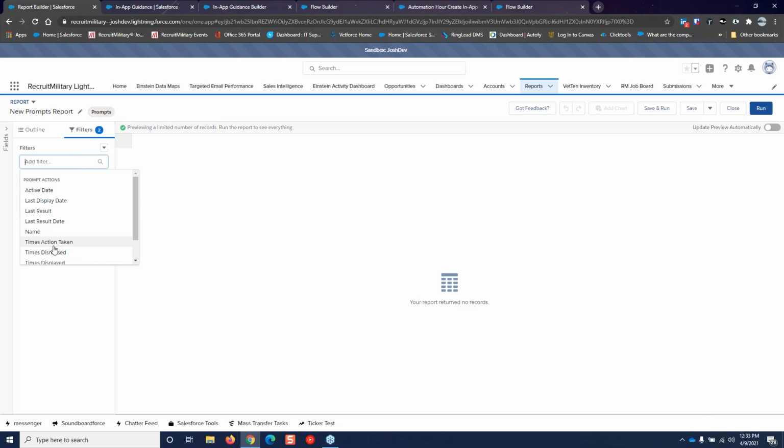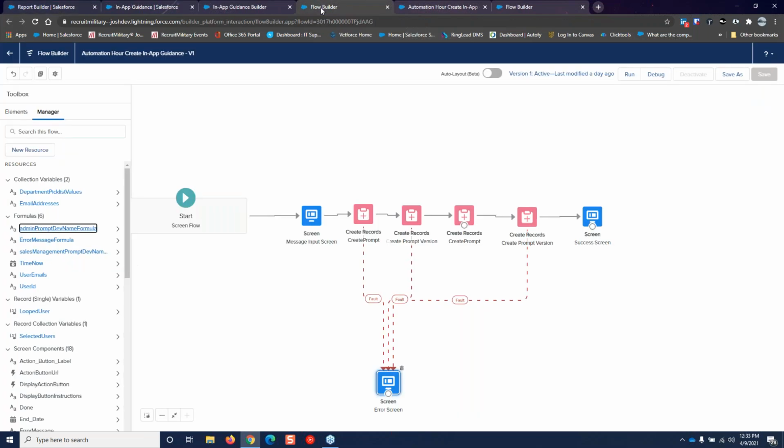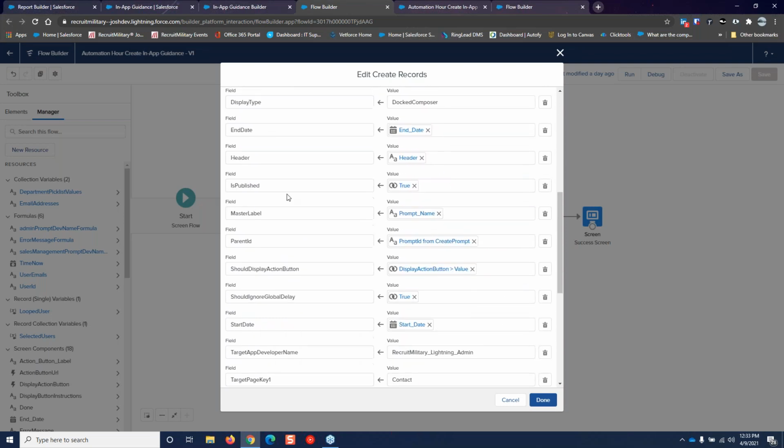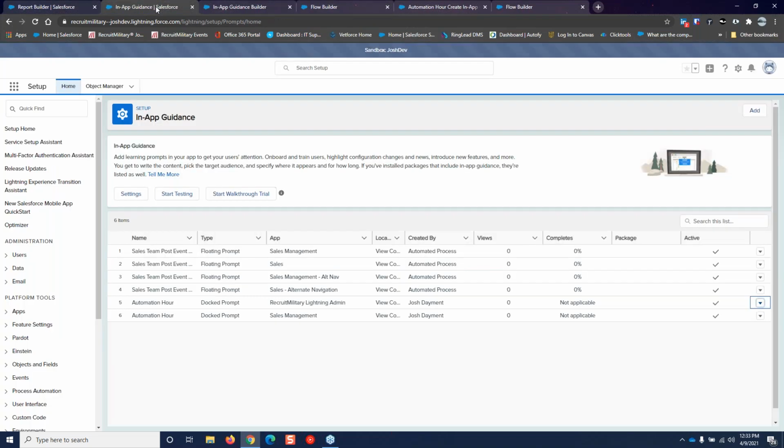You can do that. So when we look at my flow, when I create my prompt versions, I'm creating them live. When we say is published on the prompt, you can mark that as false. And what that'll do is it'll still create the prompt, but it'll create the prompt as inactive. So then somebody would have to come into in-app guidance here. You could probably do it via flow. You could actually probably do a flow where you query all of your inactive prompts